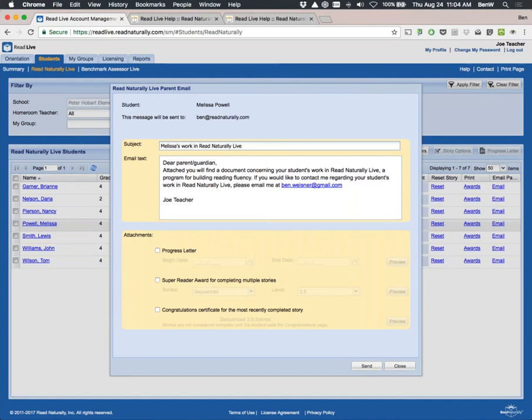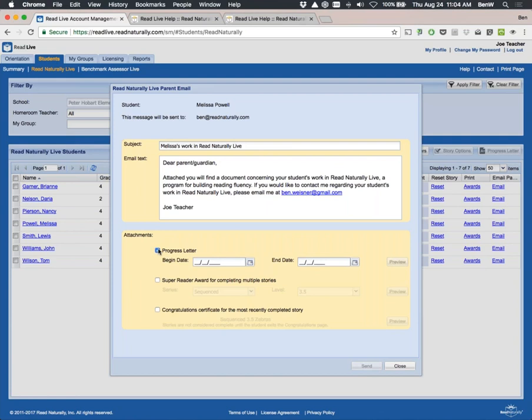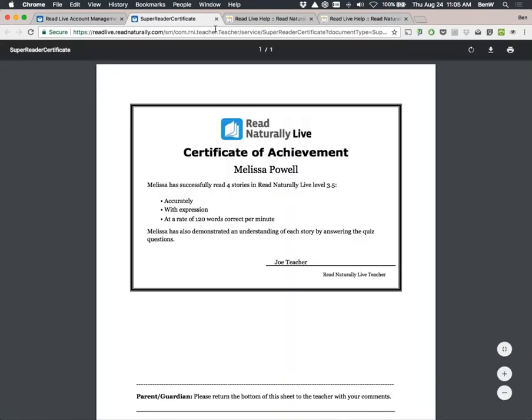If you do have their email and you've entered it into the student record, you'll be able to set up a little template with communication to the parent or guardian, and then select what you want to send out. You can send out a progress letter, super reader award, or congratulations certificate. You can always preview what you're sending, but these are just PDF files that will be sent directly via email from the system.